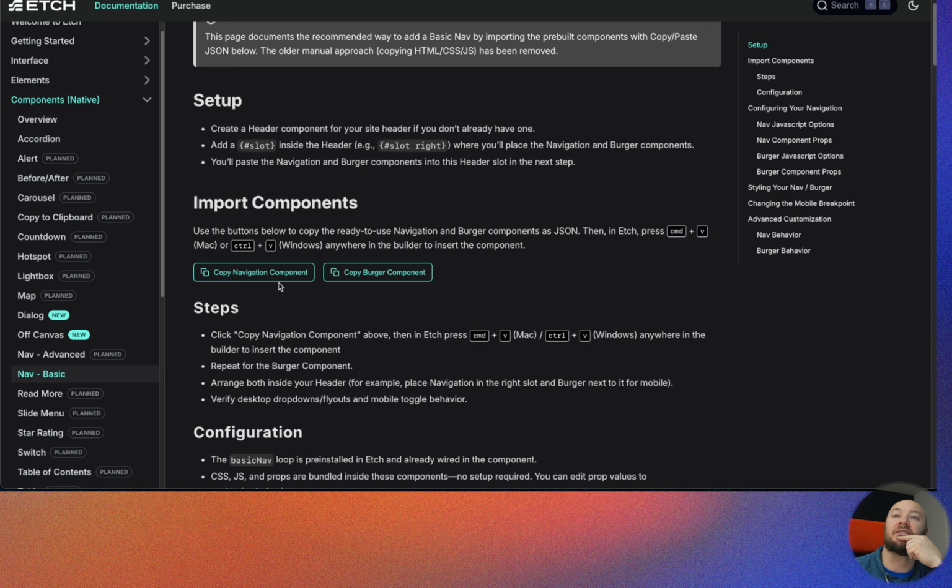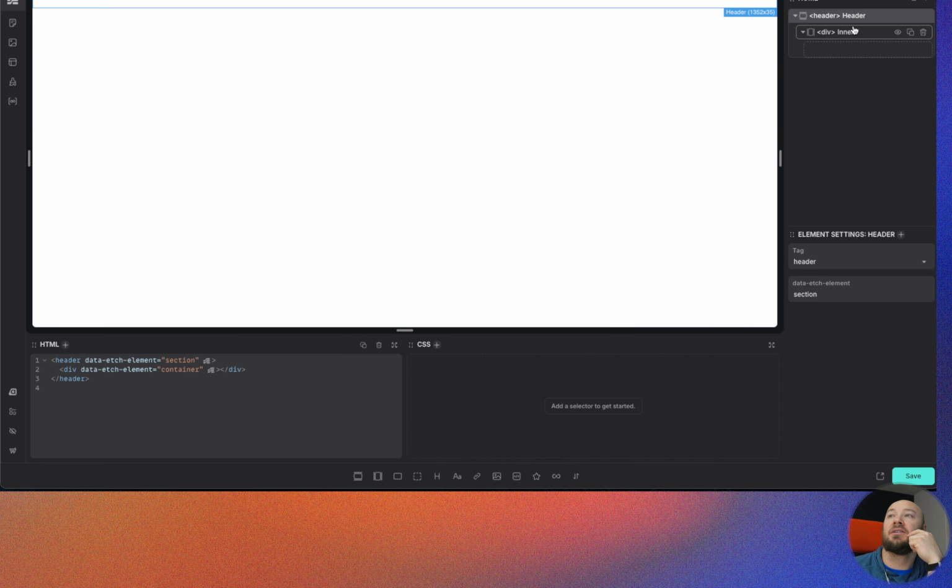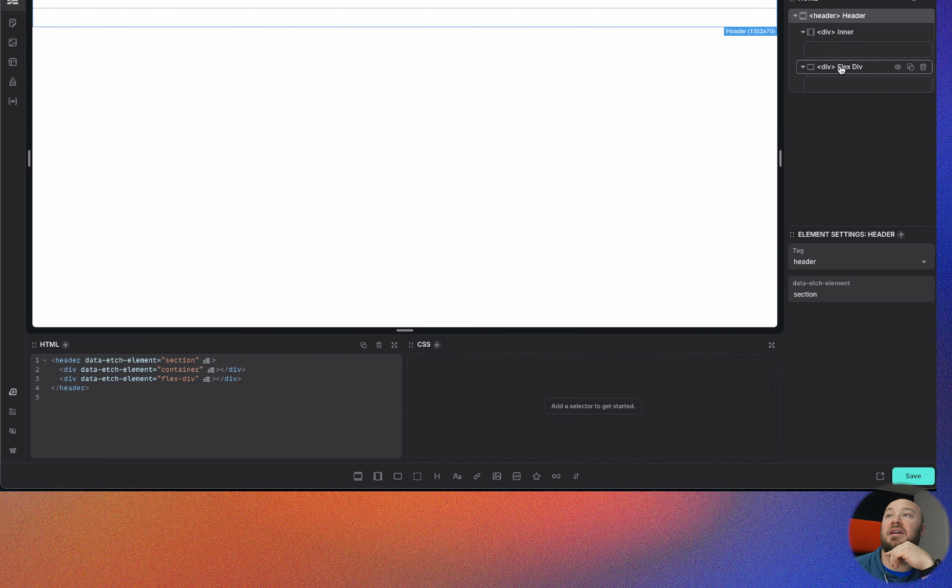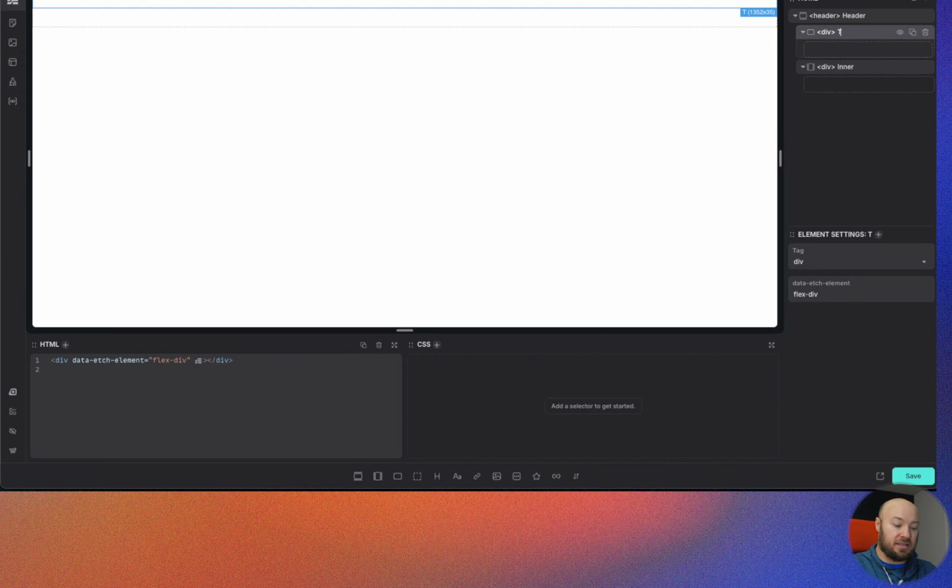And actually I'm going to come back to this, but just wanted to quickly point out that they do have components built for us. We just need to add a slot. So in order to do that, I gotta do some other work here first. So another thing I'm going to do inside my header is I'm going to add another flex div. So down at the bottom, I click this flex div, which is going to be a full width div set to display flex automatically. I'm going to move that above my inner, and I'm going to call this a top